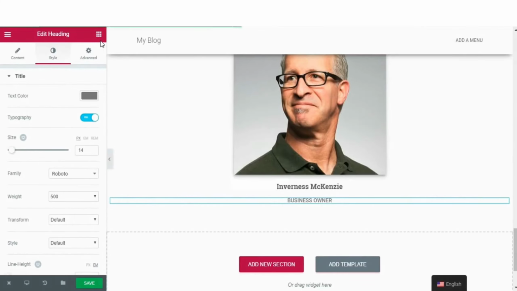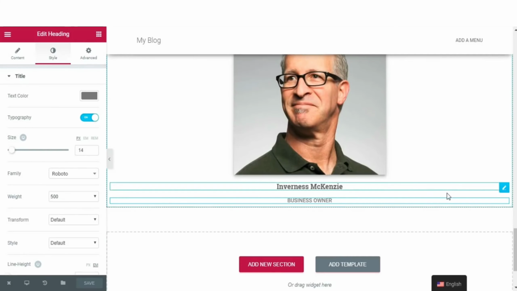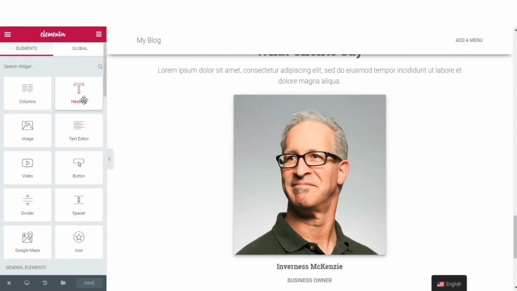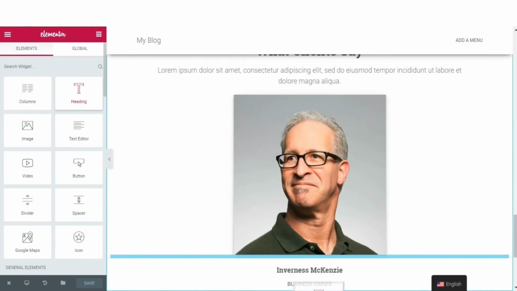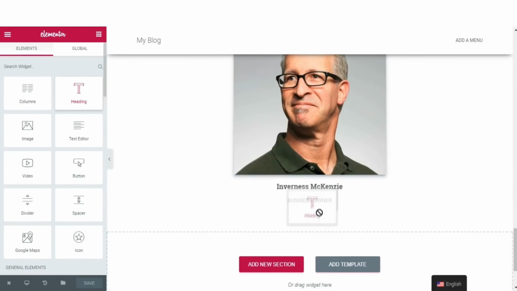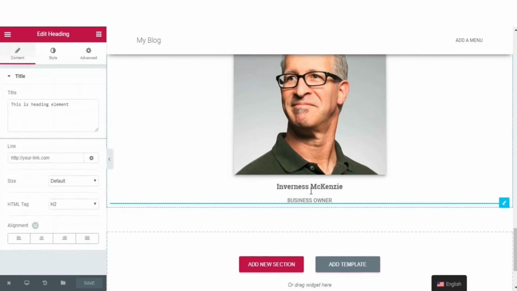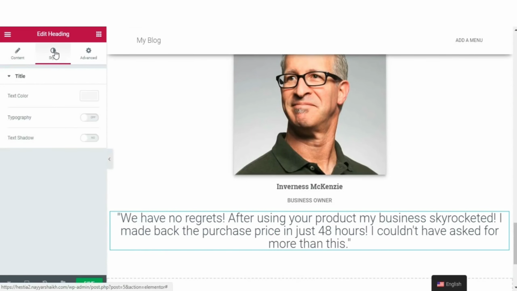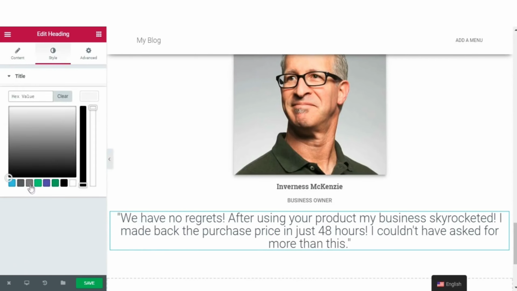Okay, so again first save this so that you don't miss any changes. Okay, again come back over here, bring this heading. Okay, wait, let's scroll down first. Now bring this heading below this business owner, whatever it is written. Now paste in your text, center align, style lighter gray color,